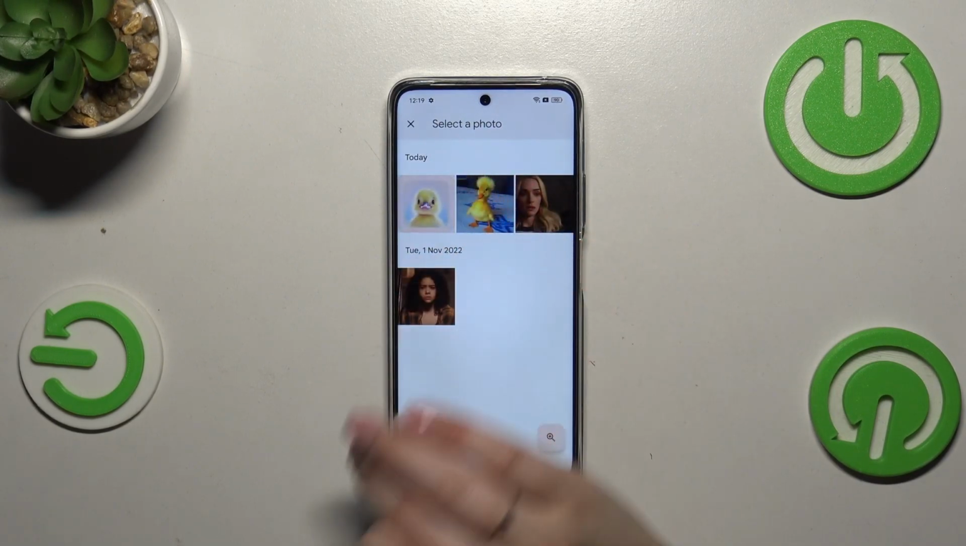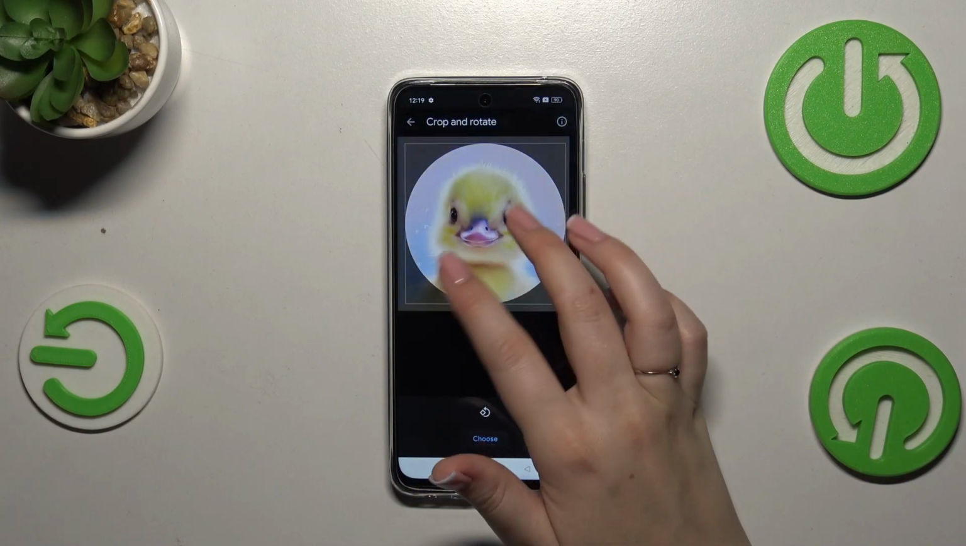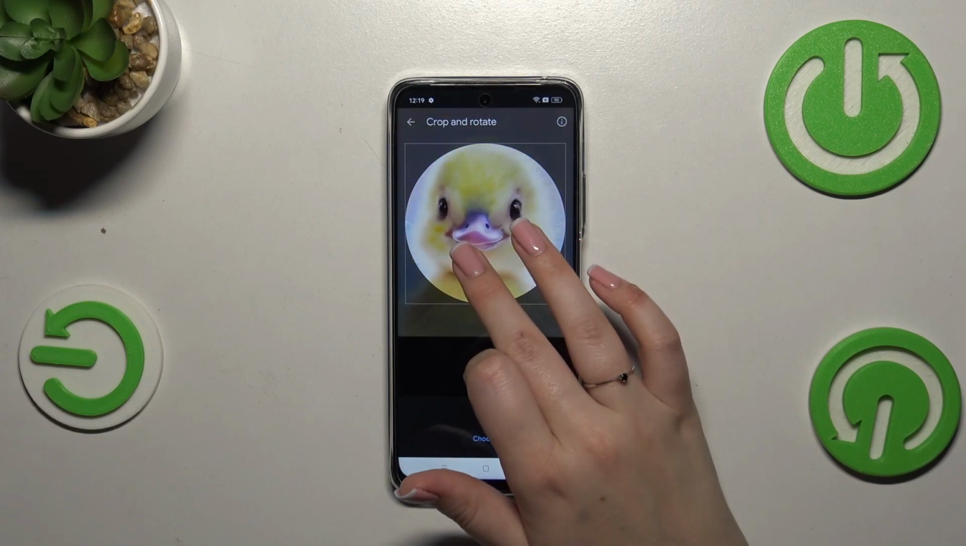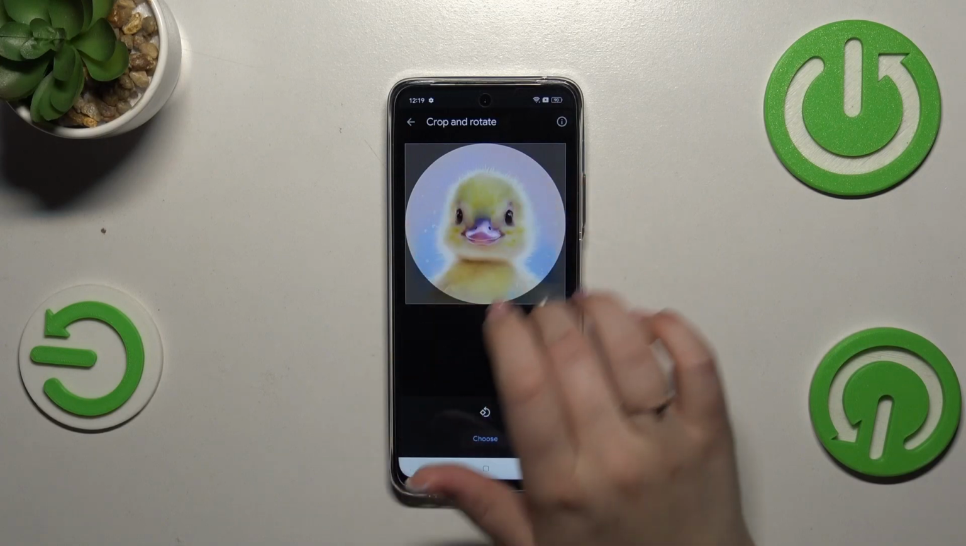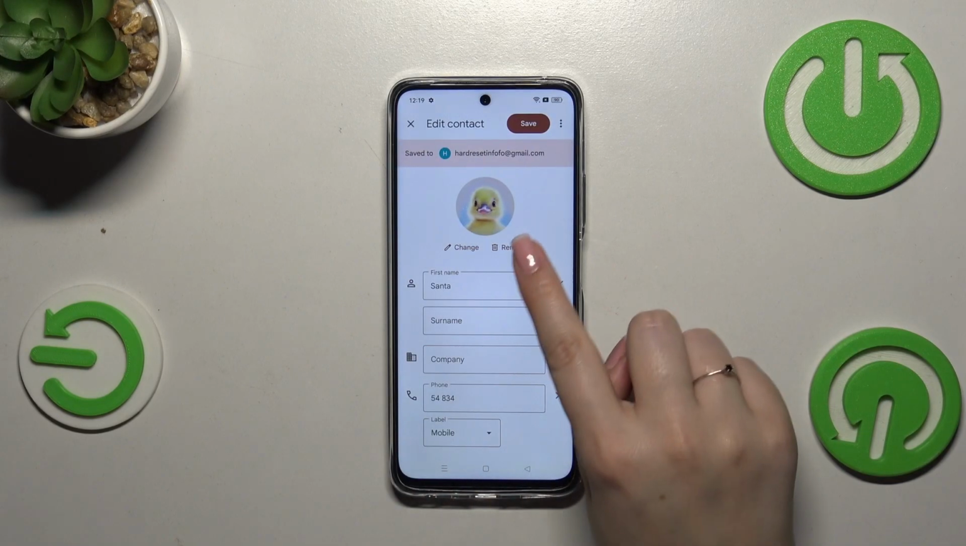Let's find the photo we'd like to use. And as you can see, in this step we can either zoom in or out a photo. We can also change the position of it, and thanks to this we can decide what we will see after saving the whole contact, because basically this highlighted circle is responsible for it. So if you're happy with the positioning, etc., just tap on choose, and as you can see the photo has